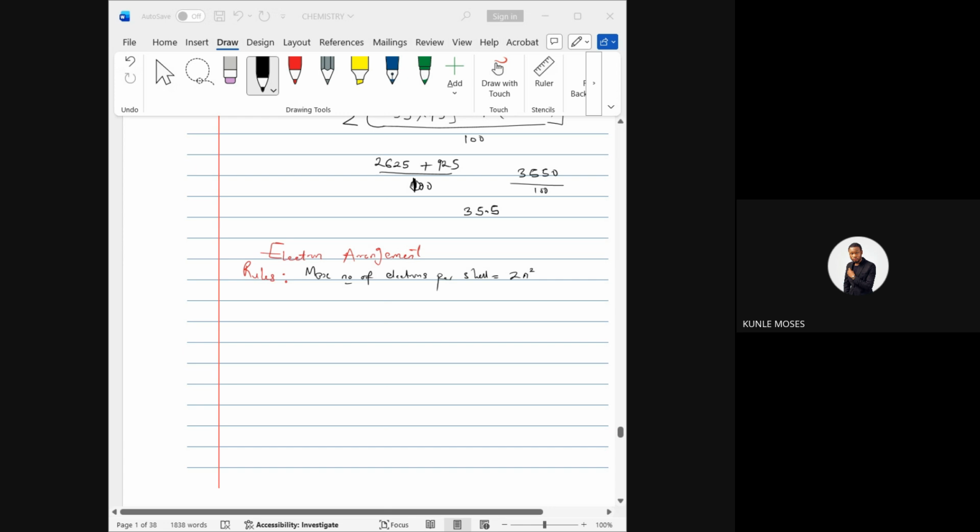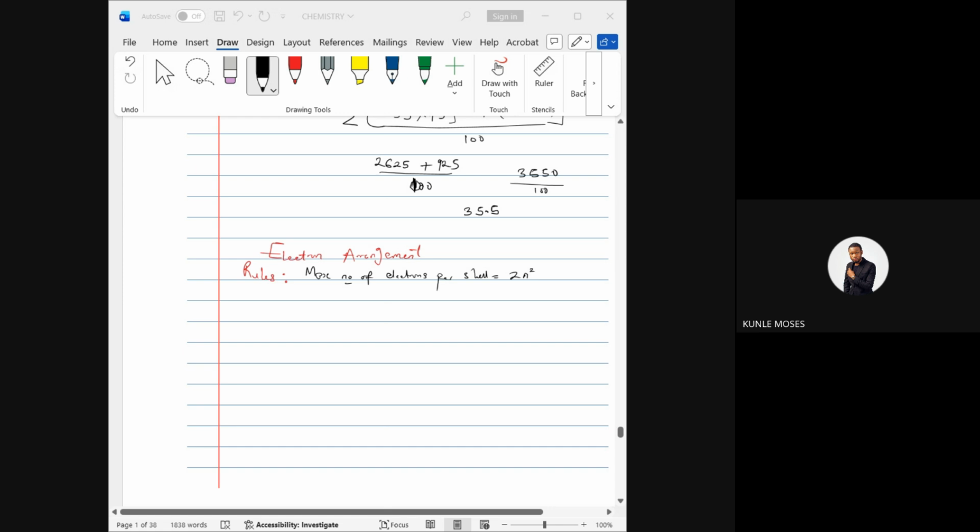Since the atomic number is 2 for helium, lithium will be 3. So that would be 2, 1. Or do you want me to be writing it down? Let's move to the higher ones. Carbon. Carbon is atomic number 6, right? Since the highest fill for the lower energy level is 2, therefore for carbon that would be 2, 4. Oxygen is 8. That would be 2, 6. So 8 is the highest for the p orbitals.